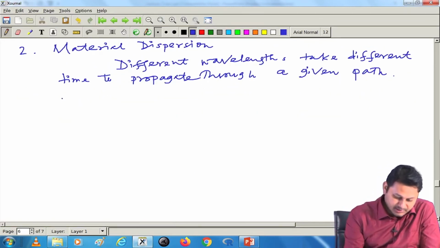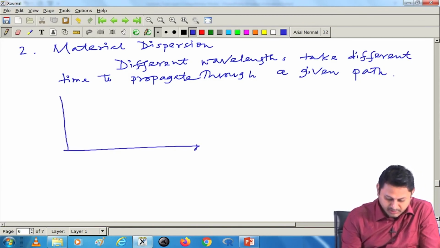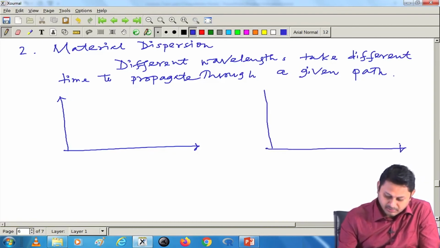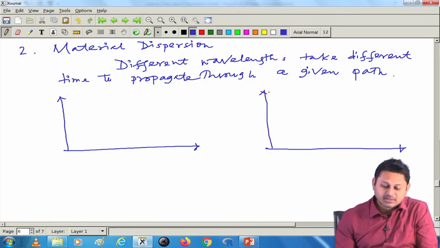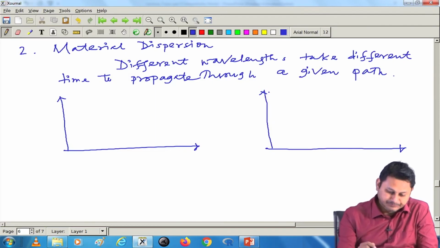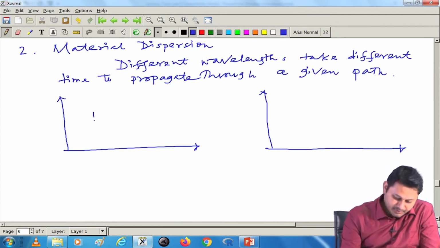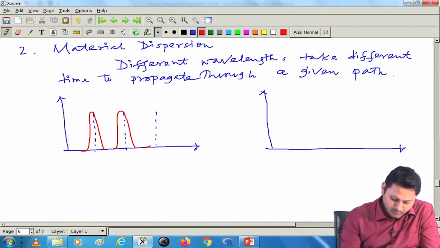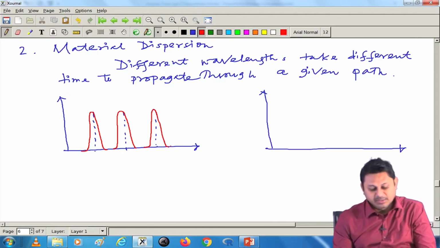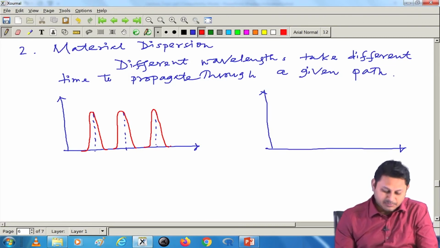you can understand why it is important: it is going to experience some kind of temporal broadening, and that will affect the transmission quality heavily. Suppose we have some input pulses like bits. In the propagation, these bits are very important. This is one, this is 2 and this is 3. So, 3 pulses are propagating containing the information in the form of bits, and now